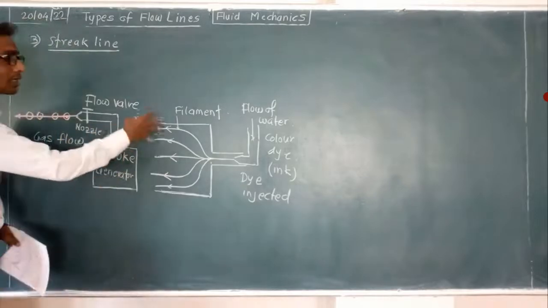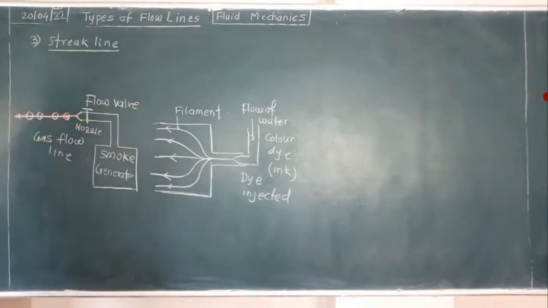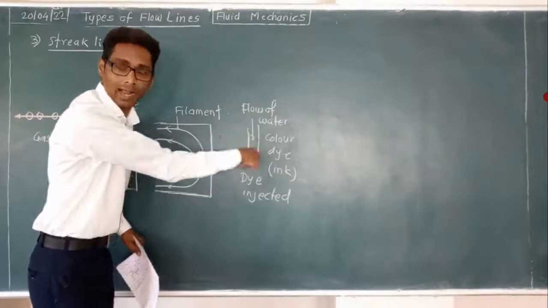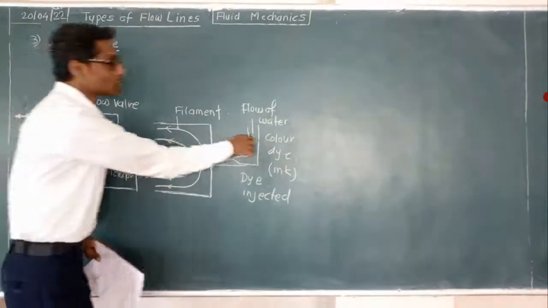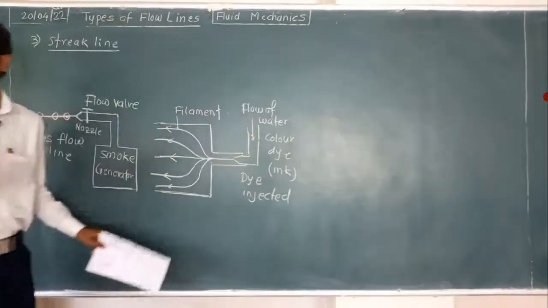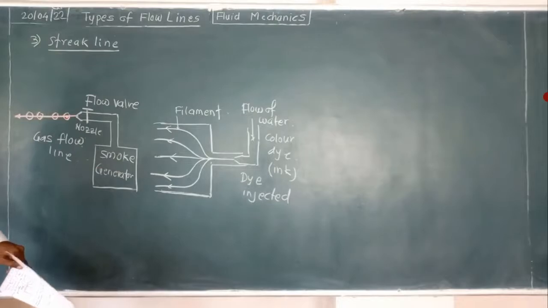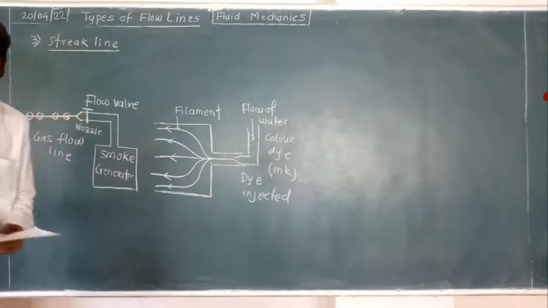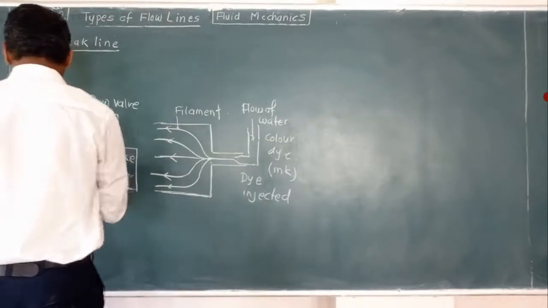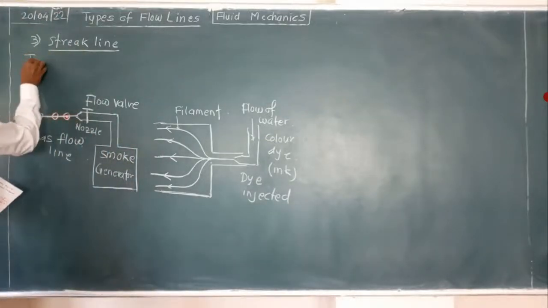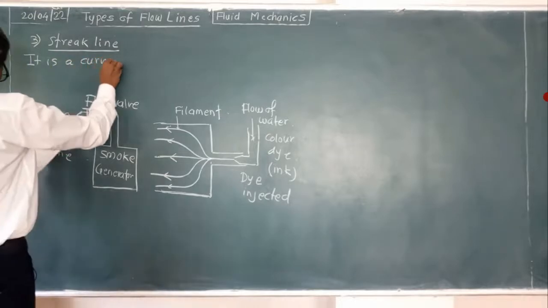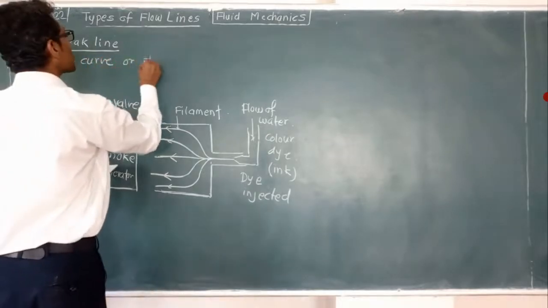So this is what an instantaneous picture is. Instantaneous means at the instant when we add dye, we find this. When we stop the dye, it vanishes. Then we find colorless water. We don't get a picture. That is why it is an instantaneous picture. So write down here, it is a curve or straight line